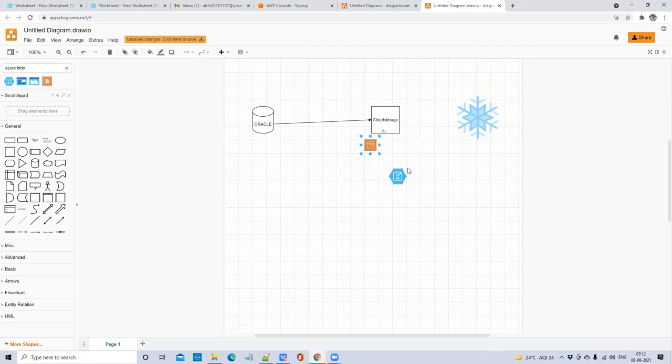Maybe it is S3, or if you are using Azure as cloud, it can be Blob. If you are using Google, maybe it's Google Cloud Storage. And from there, you need to bring the data to Snowflake. So this is the best approach generally. Why are we staging the data in the cloud storage instead of bringing the data directly to Snowflake? Two things actually.